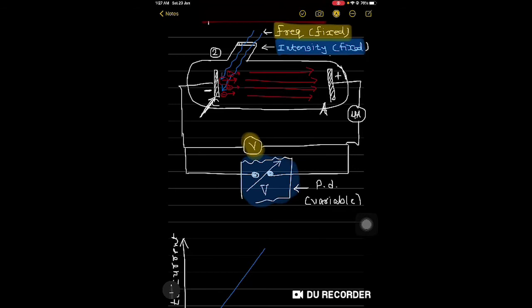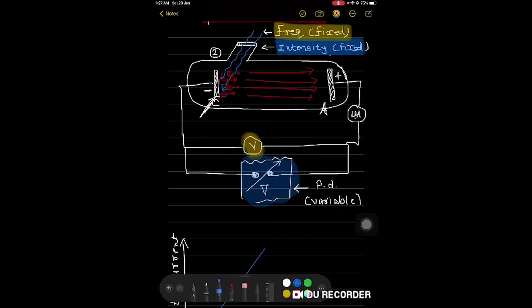For a particular frequency of incident radiation, the minimum negative or retarding potential V0 given to the plate A for which the photocurrent becomes zero is called the cutoff or stopping potential. So here again I am repeating, this is a very important term. When we gradually make plate A negative